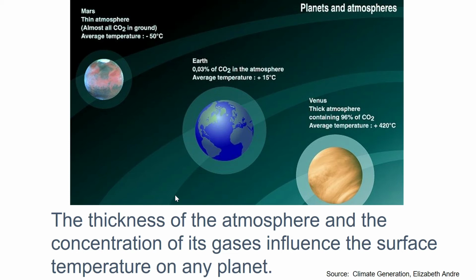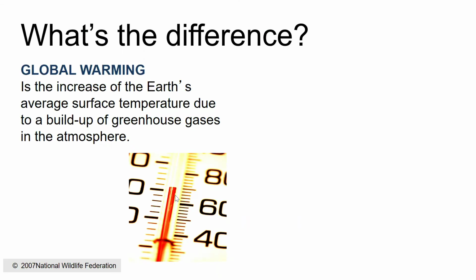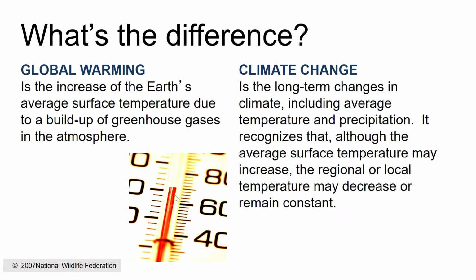So the concept of global warming and the ozone layer makes it suitable. So there is research going on into how we can make people live on Mars, but it is still only research which is going on. So as I said, what is the difference between global warming and climate change?